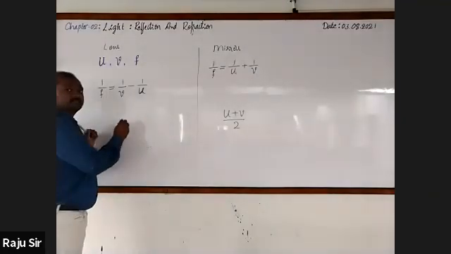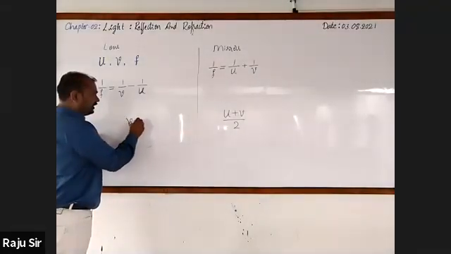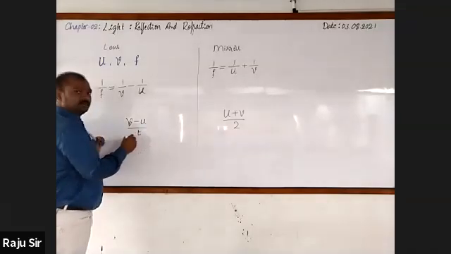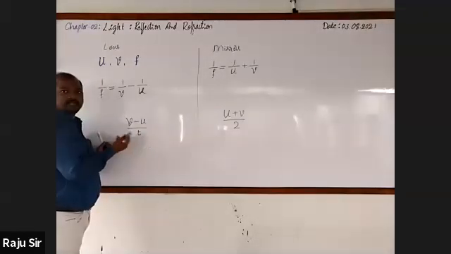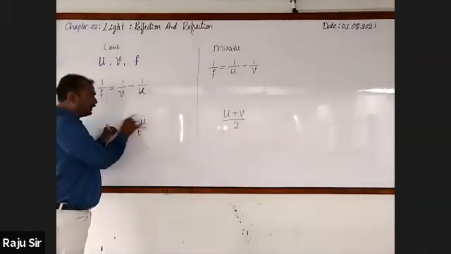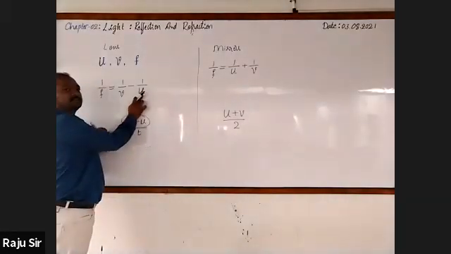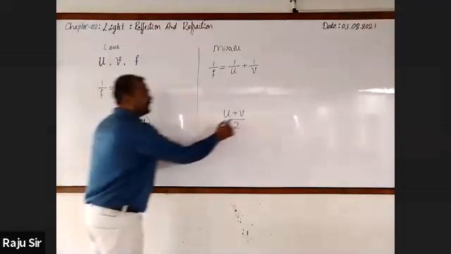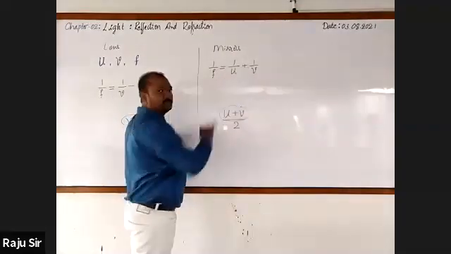What is that? It is (v minus u) by t, change in velocity by time taken. You know v minus u in it. Here, for acceleration, u plus v, 1 by u plus 1 by v.